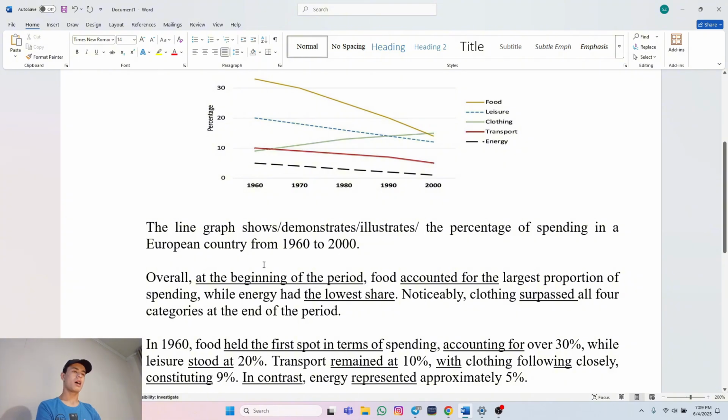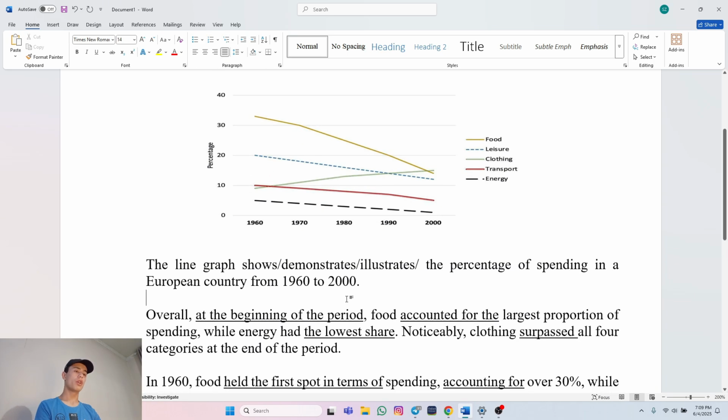I just paraphrase it. The line graph shows, demonstrates, illustrates. You can use all of them, and you also know how to paraphrase: you just have to use alternative words instead of the given ones. And in the line graph, we have to give some overall information. For example, we write overall,